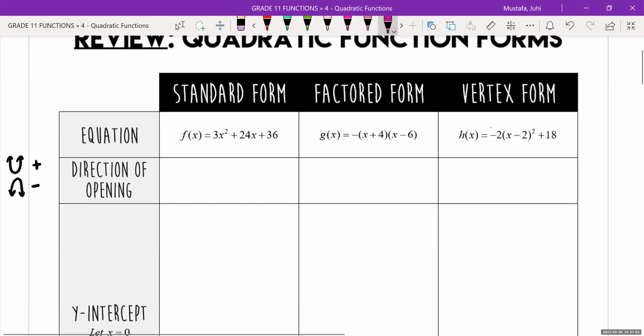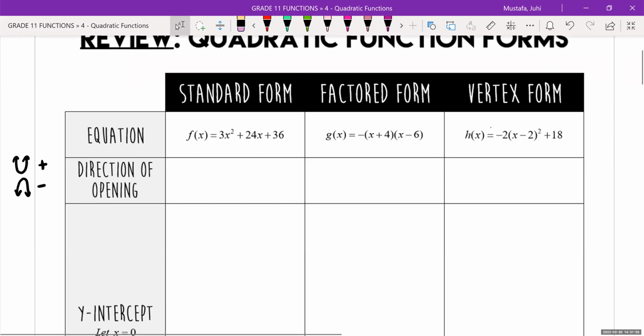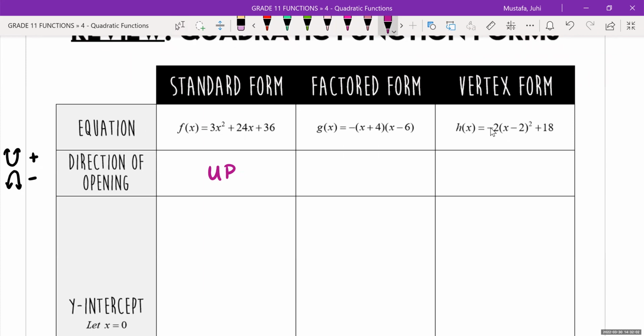For standard form, we have positive 3x squared. So is that opening up or down? For the next example, we have a negative on the outside. So is that opening up or down? And on vertex form, we have a negative 2. That means it's opening